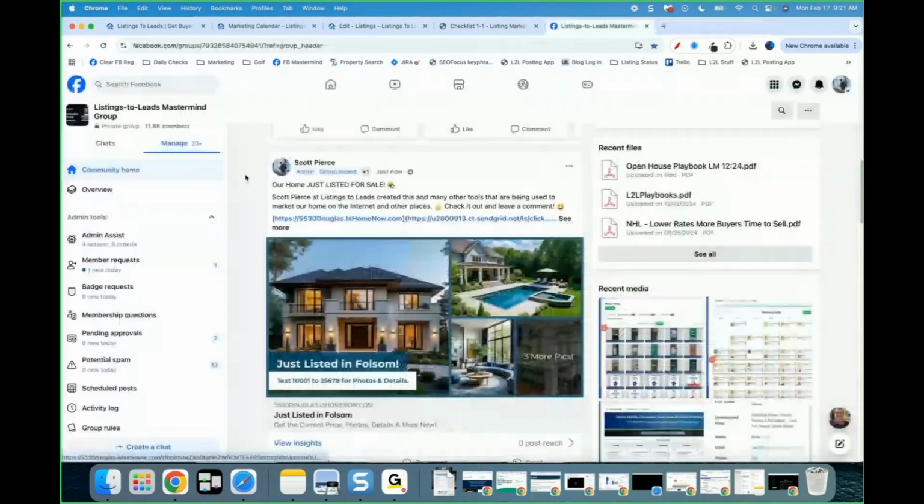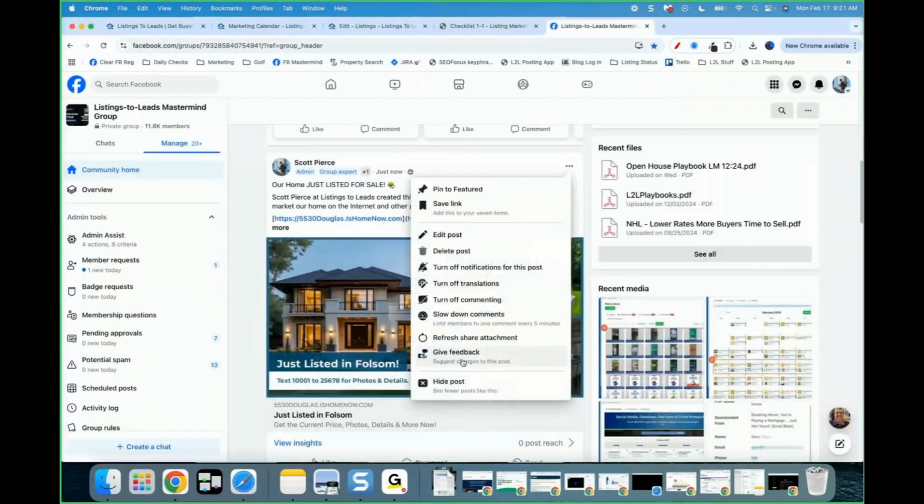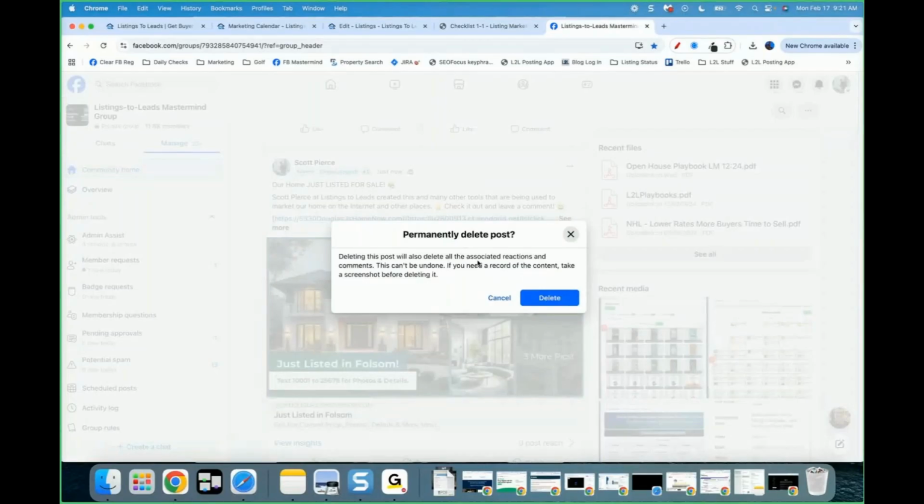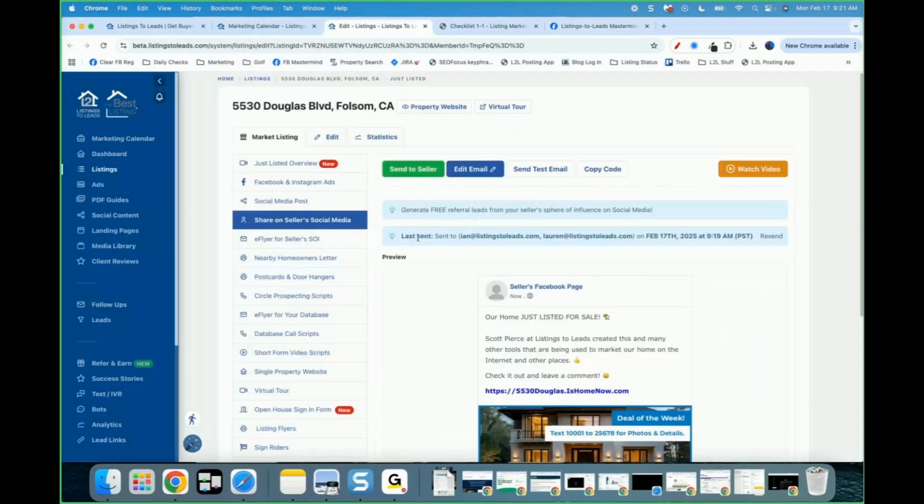And so here's what you do. I'm going to go ahead and delete that, otherwise people are going to be like, oh, you're selling your house. And I'm like, no, I'm not. But when you send that to the seller, they're going to think you sent it because it's going to come from your email address. So make sure you call the seller up and just say something along the lines of,